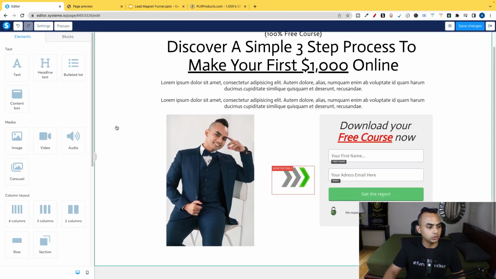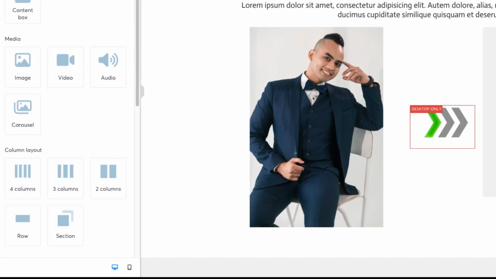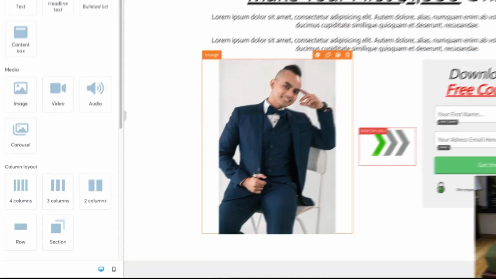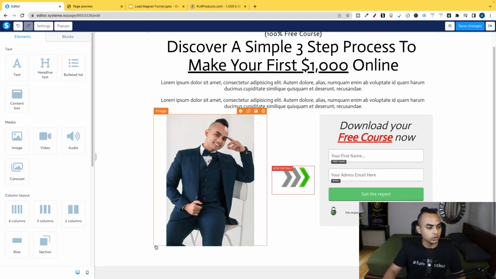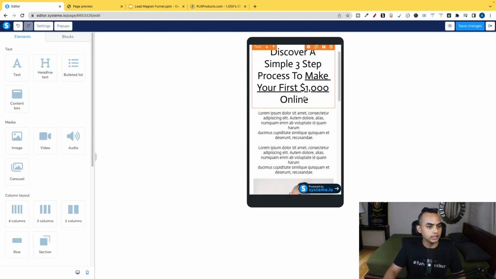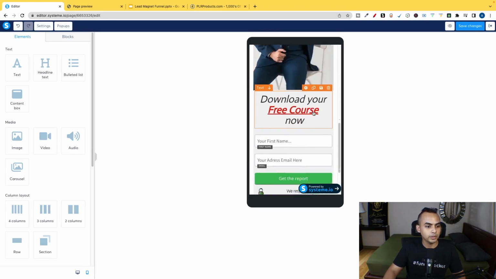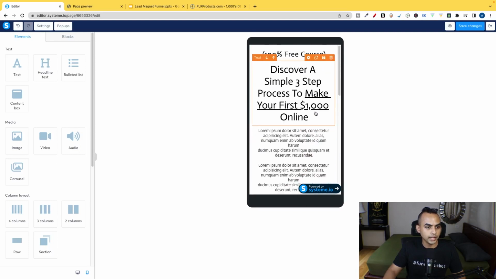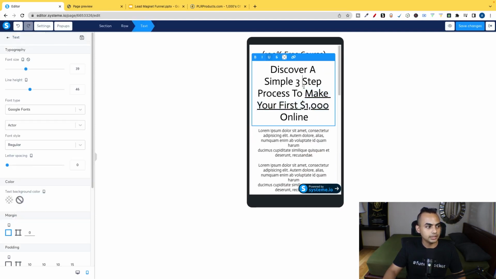Another thing that we can do as well is, if you look at the bottom corner right here, you have an option for a desktop view as well as a mobile. Okay, so this will give you the opportunity to view it. So right now it's a desktop view. So let's just say we want to go into mobile. This is how it's going to look on mobile. Okay, and as you can see, it's not too bad, but as you can see immediately, these words are too